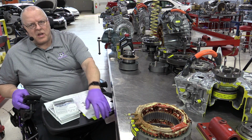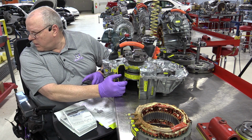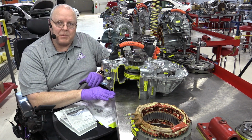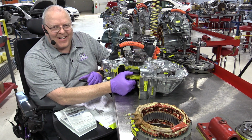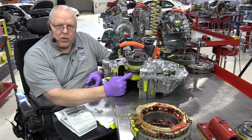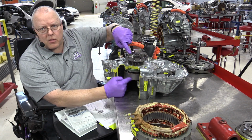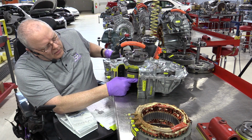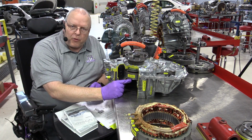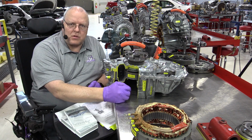So that's MG1's stator. For the MG1 rotor, at the same diameter, it is a tiny bit thinner. And I'm talking half a millimeter thinner, so not a lot. But one of the big improvements they made on the MG1 rotor assembly, which, if you remember from the P111 transaxle, turns the power split device sun gear up here, is that they balanced it better and changed its maximum RPM from 6,500 RPM, which was its maximum on the P111, to 10,000 RPM on